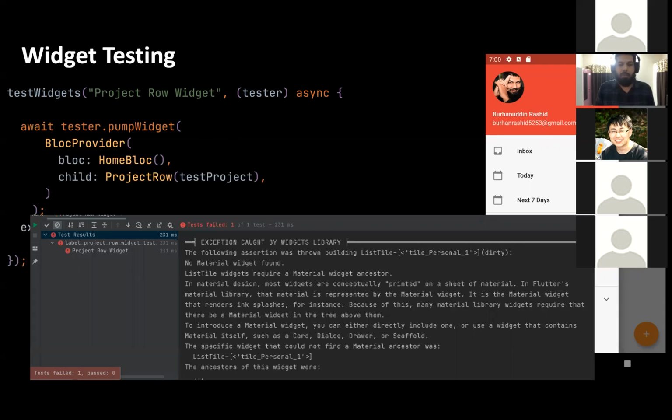And we don't have that material widget here. So another thing we can do is wrap this block provider into a material app. Since this is going to be required by pretty much all the widgets because we have this material app, instead of doing this in all the places,